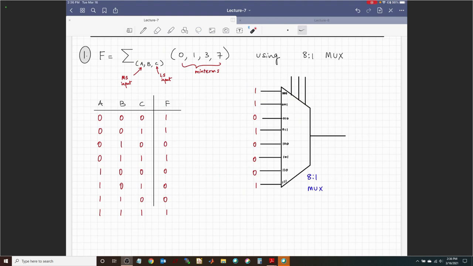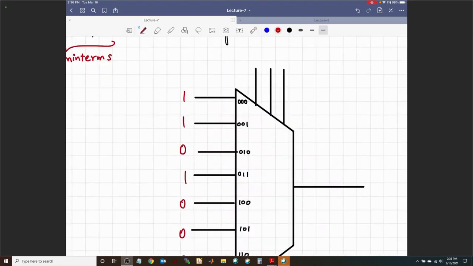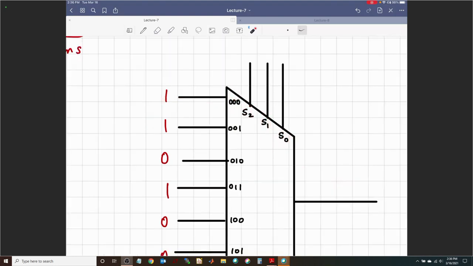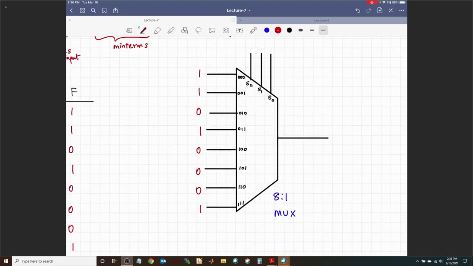So suppose I have the select lines as S2, S1, S0, 3 select lines in that specific order. S2 is your most significant select. So when S2 is 0 and S1 is 0 and S0 is 0, 1 will go through, right? That's exactly what you wanted for your function. So your output will become the logic function itself,